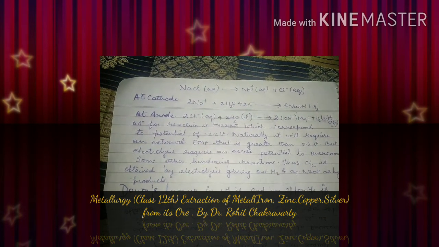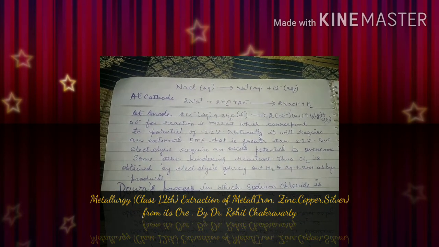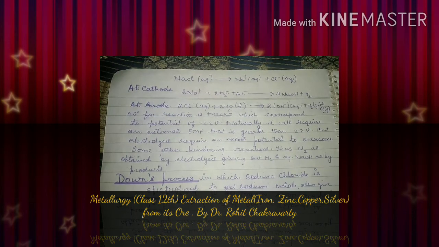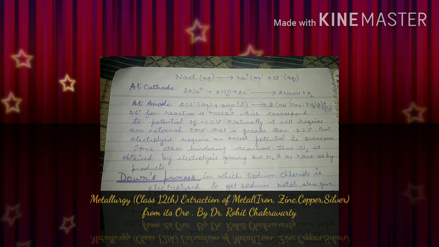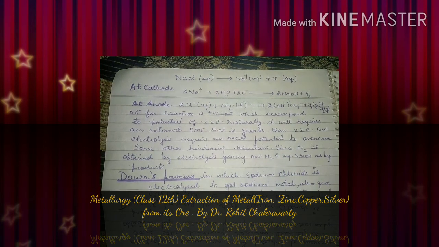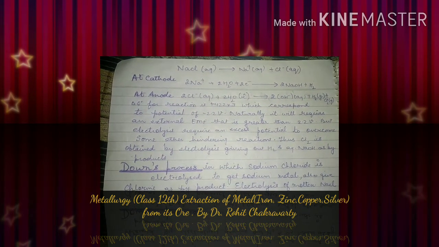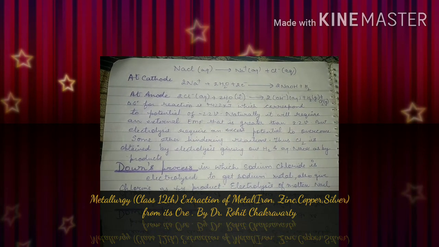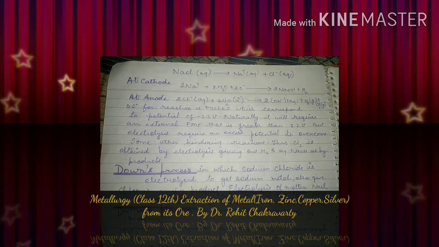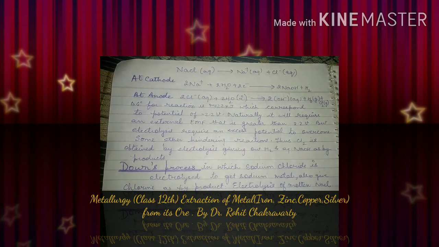When aqueous NaCl is split, it gives Na+ ion and chloride ion. So at the cathode, what happens? The sodium ion reacts with water in the presence of electrons, resulting in the formation of sodium hydroxide, and hydrogen gas gets liberated. However, at the anode there will be an oxidation. So the chloride ion reacts with water, and there will be liberation of hydrogen gas and chlorine gas as products, and hydroxide ion gets separated out.